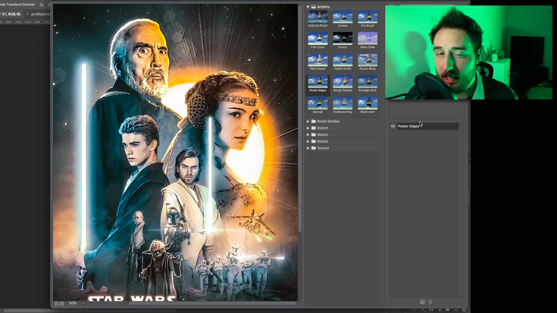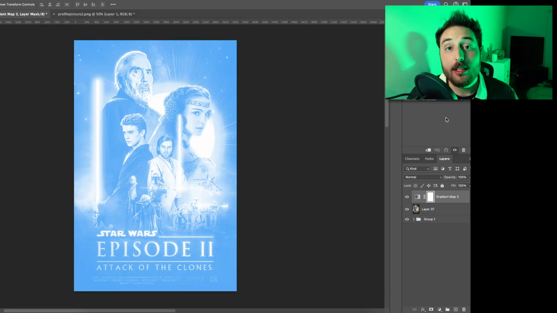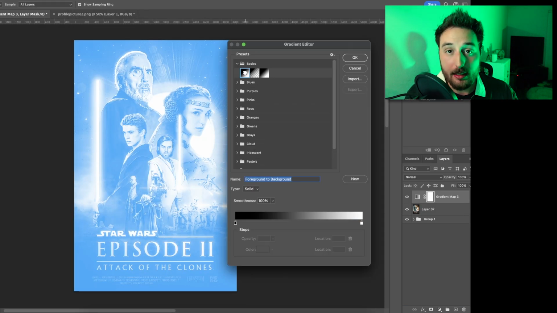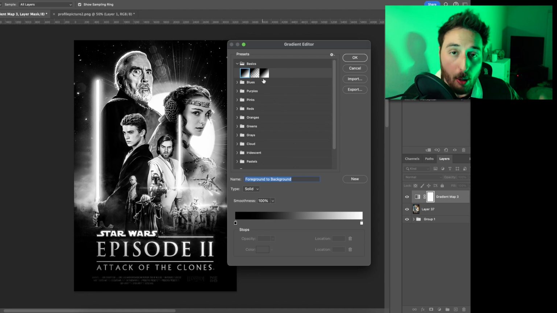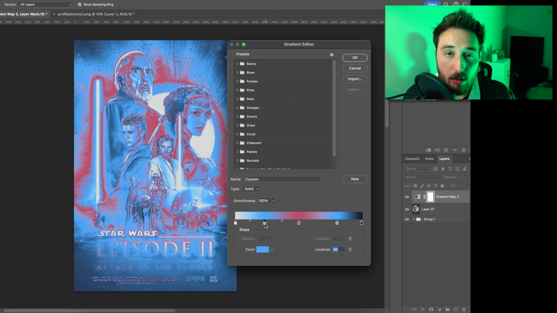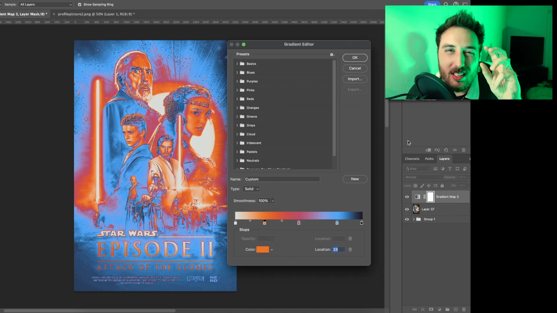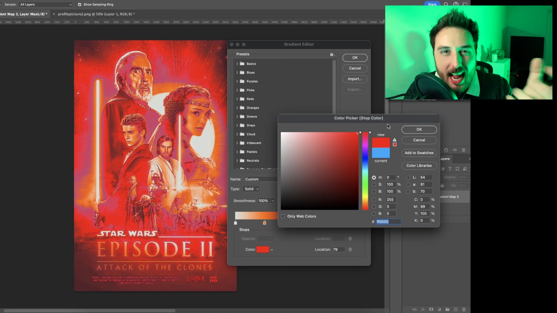Usually that's where I stop, but it felt like something wasn't right. I needed something more. So I went to freepik.com and got a texture overlay of an old poster. You then place that on top of your document and you set the blend mode to the one you like. I set it to soft light. It gave things just a bit more crunch, a little bit something tangible to it.